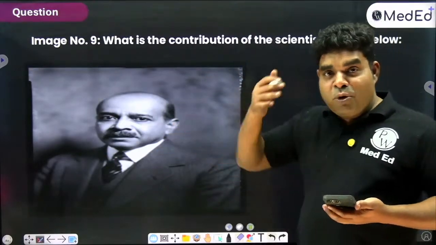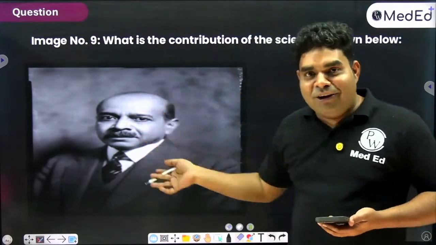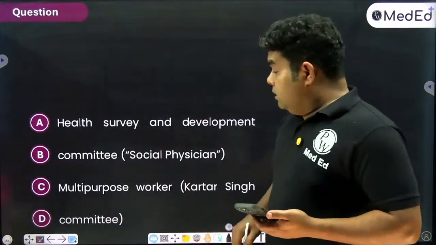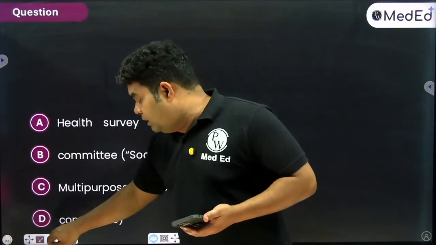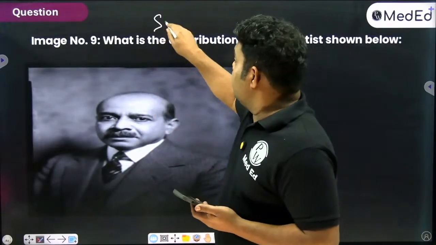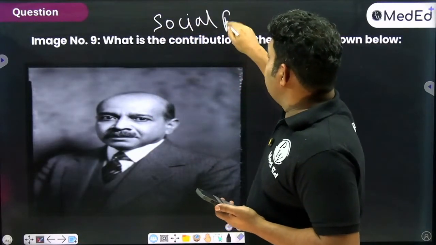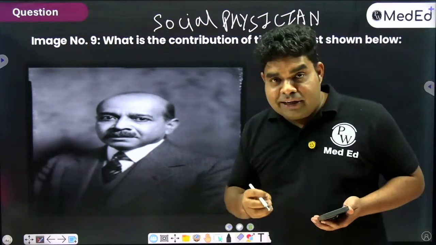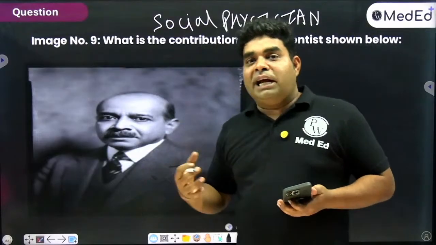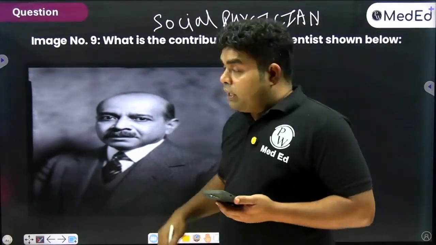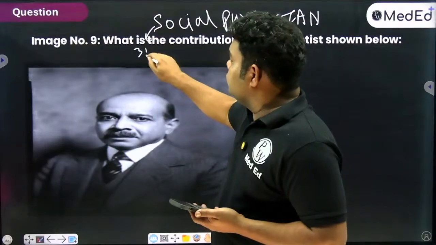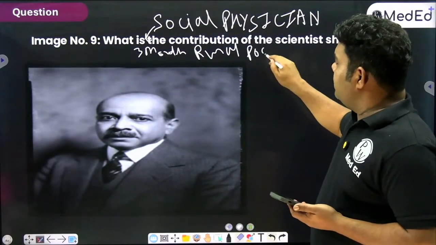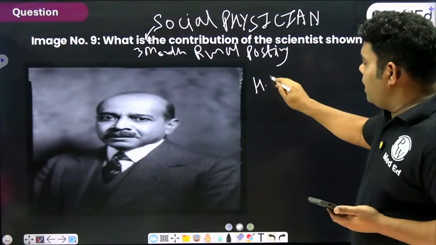This is Bhore Sahab. You can see the sun rising from his head also. And Bhore is the one who said that we don't need doctors in India, we need social physician. What does it mean? It means those doctors who will go to the village, eat from the villagers' plate, know the village problems and people's problems from the root cause. So that's why Bhore started 3-month rural posting in MBBS. Okay, and his committee is known as